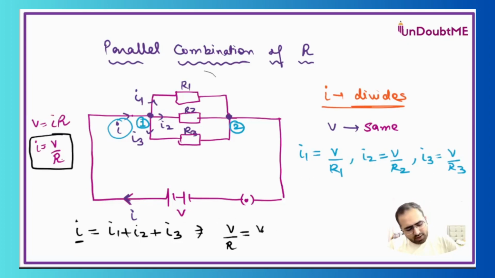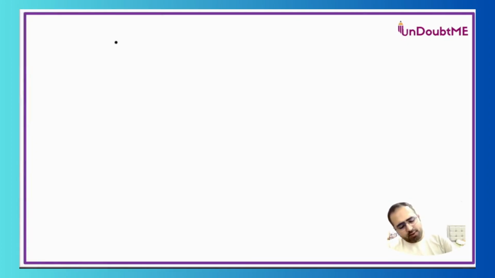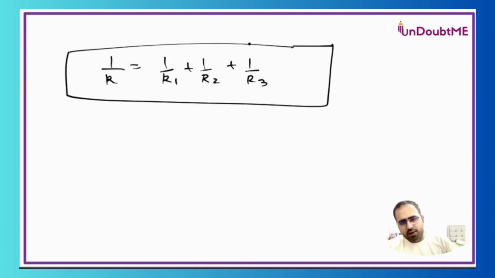We'll plug in all the values and get V over R1 plus V over R2 plus V over R3. Now it is clearly visible that V is the same on both sides. So if I divide both sides by V, I will be left with 1 over R is equal to 1 over R1 plus 1 over R2 plus 1 over R3, and it can go on for as many resistors as we are applying. So this R is the equivalent